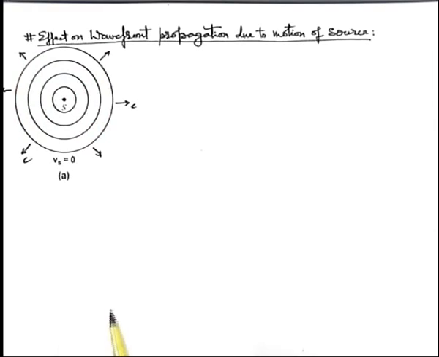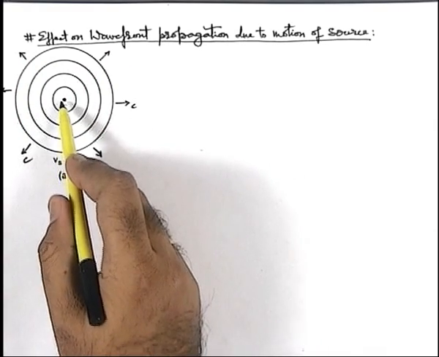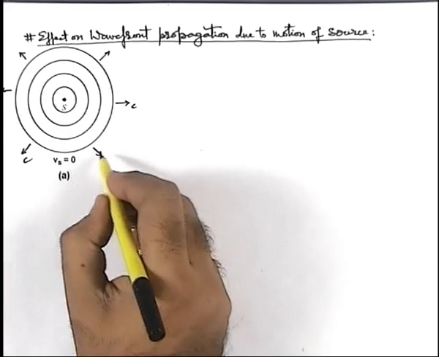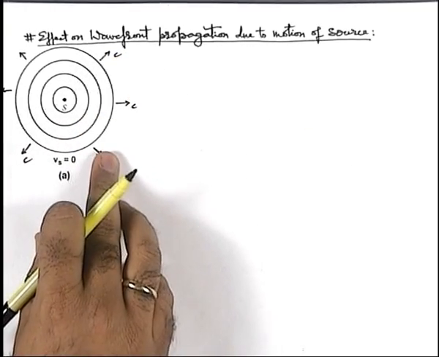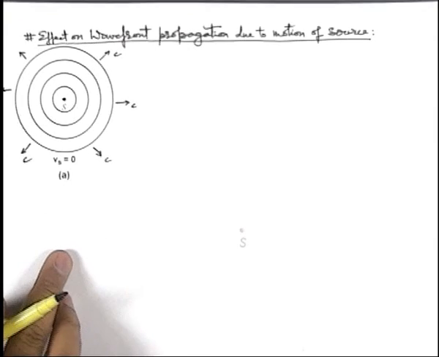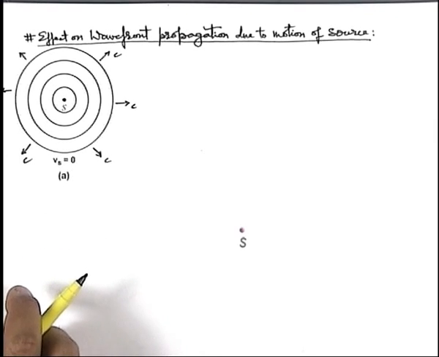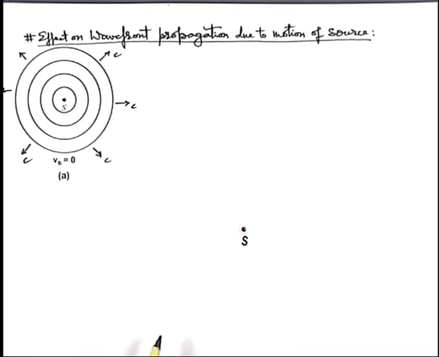As we have just seen, if the source is at rest, the spherical wavefronts will propagate in the outward direction at the speed of sound c. Now let's discuss the case when the source is traveling with a speed which is less than the speed of sound. Here you can see the source is moving in the forward direction and simultaneously producing